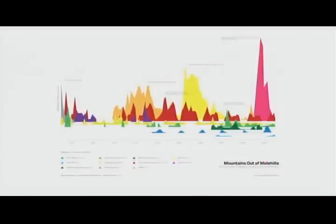Or this is David McCandless, who was originally a journalist out of England, who now has found a key player role in what we call visual journalism, which is the transformation of a lot of news and information into data visualizations. I mean, as we read less text and we become more reliant on these kinds of arguments. And this is a series that he did, and this is just one example called Mountains Out of Molehills. And this looks at